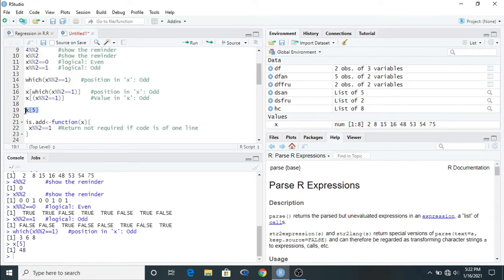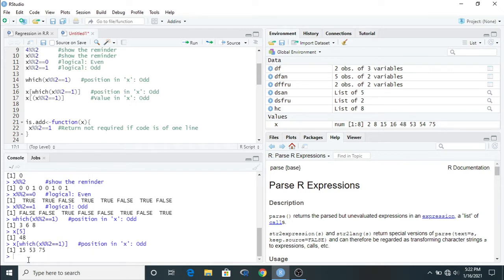The same way here, what we have to do is x, then which, then the remainder is equal to 1. It means which value or which element is odd. The elements are 15, 53 and 75.